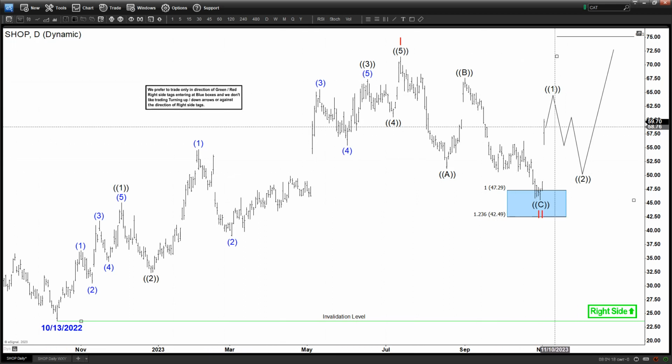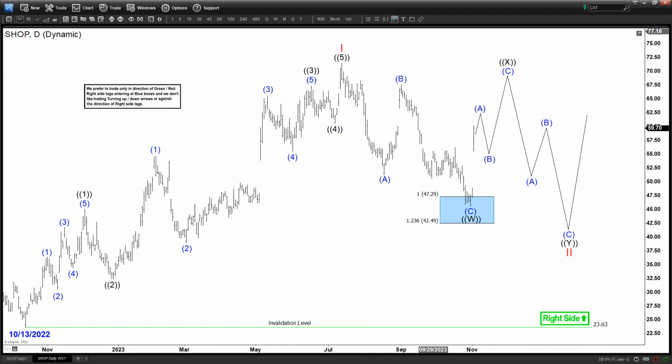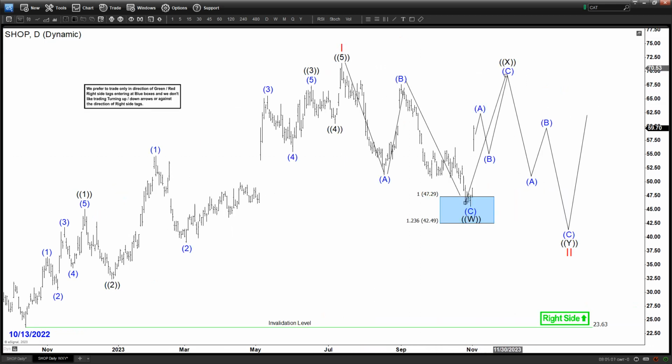Now, after this pullback, the stock could fail without making new highs, which will be switching to the second scenario. If the pullback here and the next rally fail below 71 in 3 waves, because it all depends on the structure. If the move is corrective and fails below the previous peak, then the stock will be having a potential double 3 structure to the downside, still correcting the cycle from 2022. In that case, you'll be having 1, 2, 3, 4, 5, 6, 7 swings. So the initial correction was in 3. If it managed to rally to new highs above this peak, that's the start of a new cycle. If the stock fails, then instead of 3, it will be looking for a 7 swing correction,